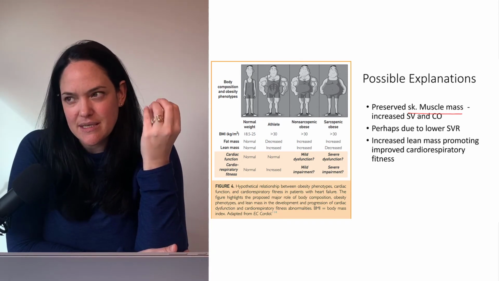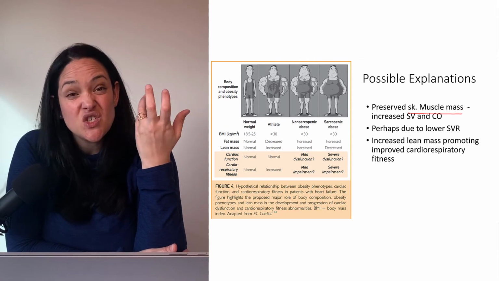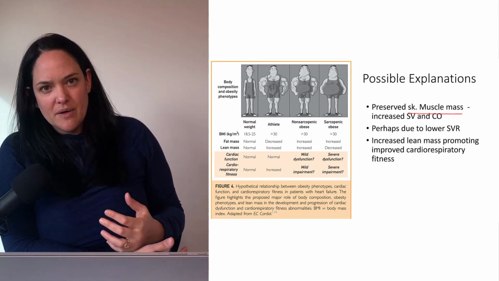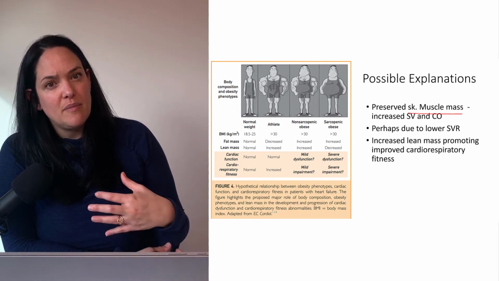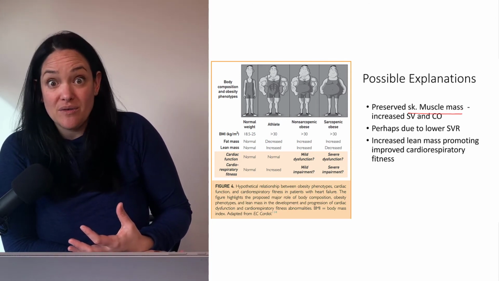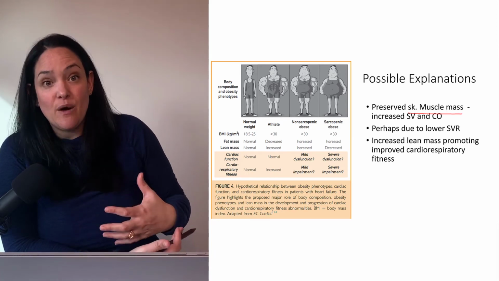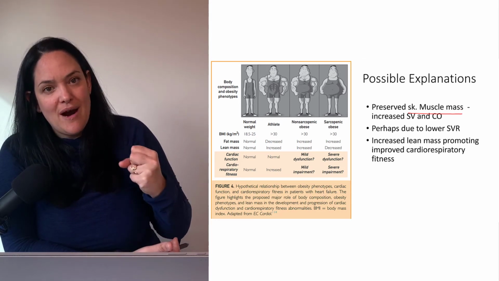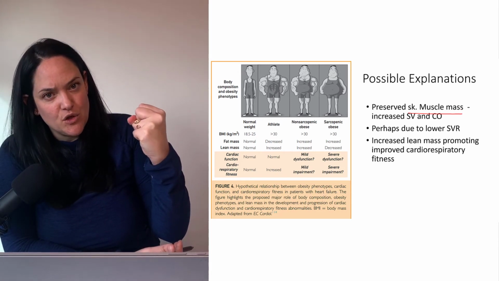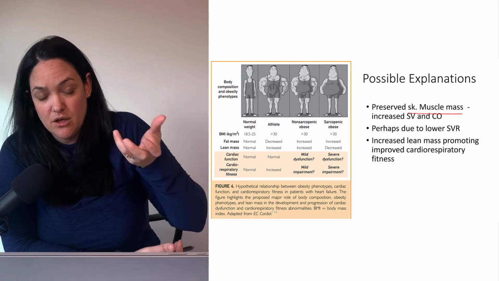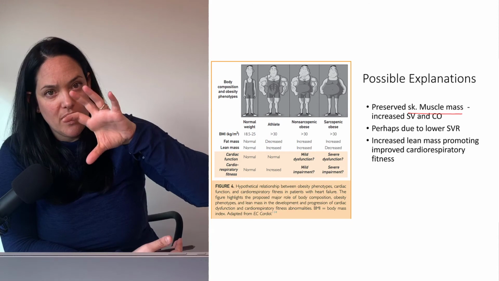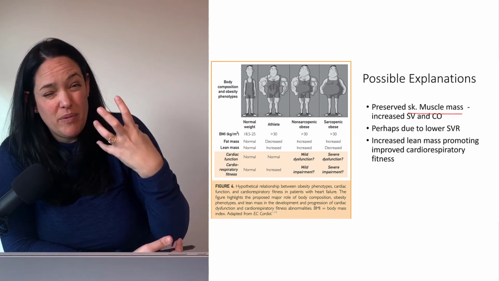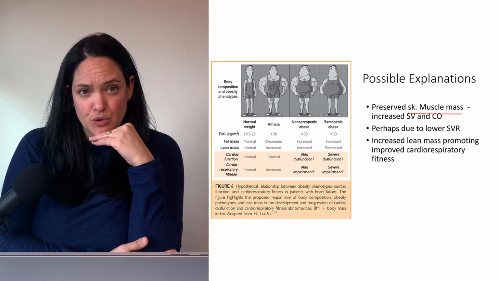But what's interesting is that if an individual with obesity is still fairly active, even just in daily activities, think about it. Someone, let's say, that's 250 pounds or 300 pounds or larger, they're carrying around an extra 50, 100 plus pounds on their body every day. So their muscles are often going to be a lot stronger. And perhaps that musculoskeletal muscle retention and hypertrophy in a lot of cases is associated with a better outcome, better cardiovascular fitness, and also better overall outcome when it comes to having heart failure.